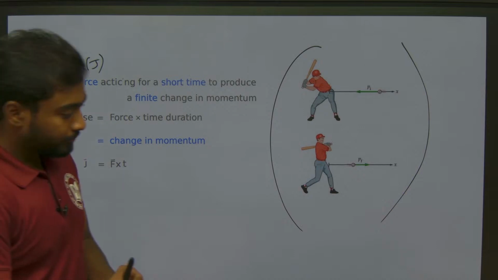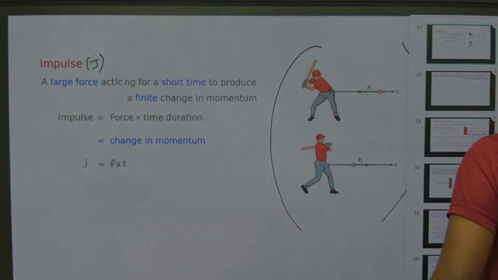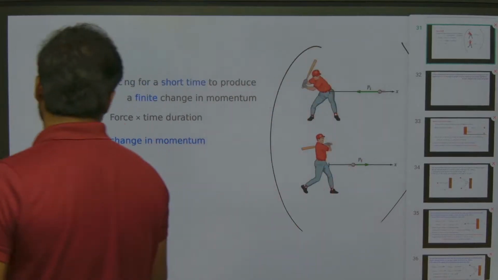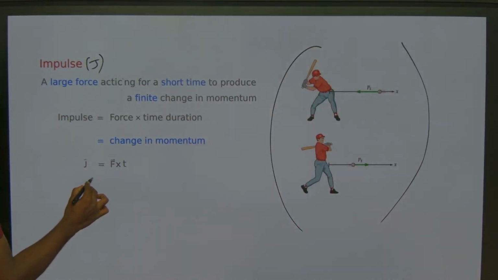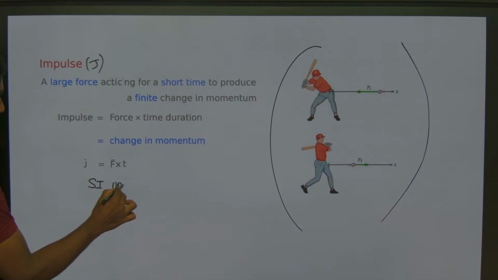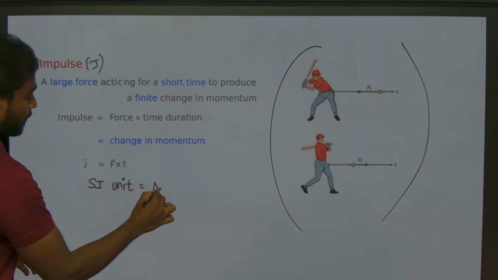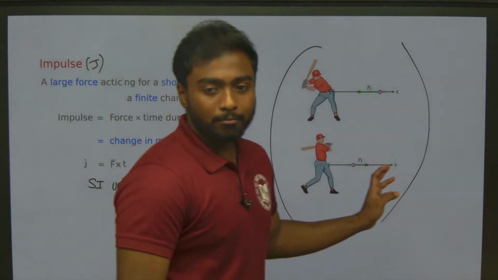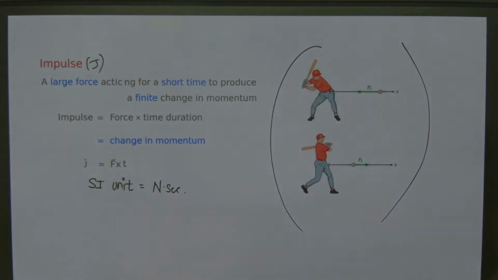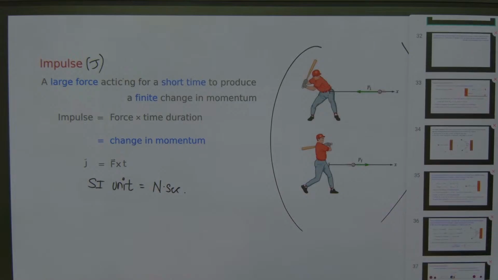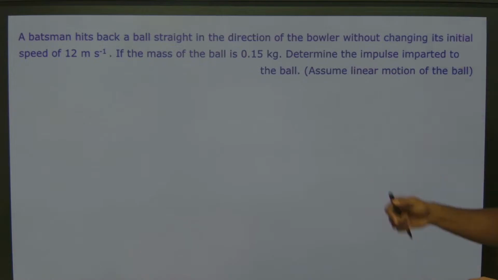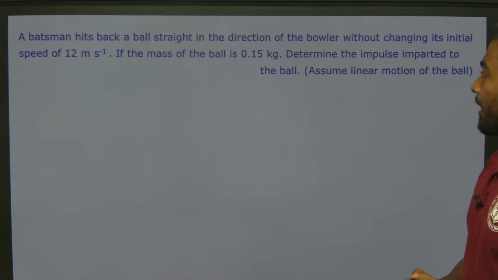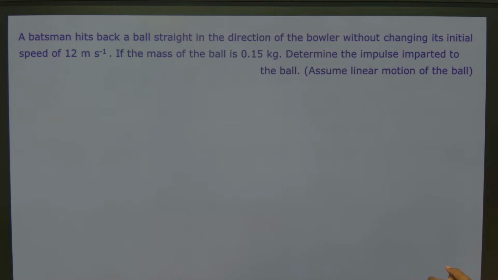Done. So the SI unit will be Newton second, right? No, force is Newton and time is seconds. Done, right? A batsman hits back a ball straight in the direction of the bowler without changing its initial speed